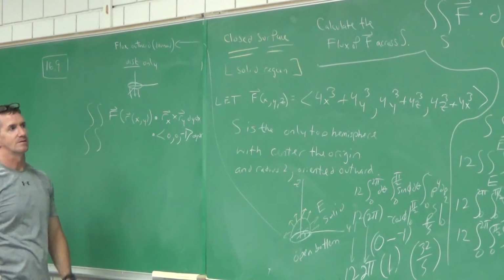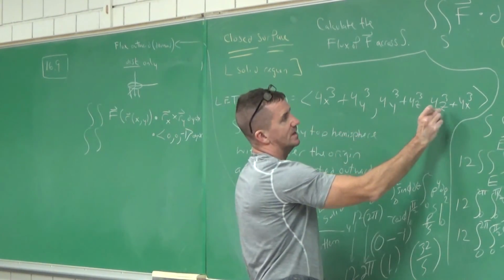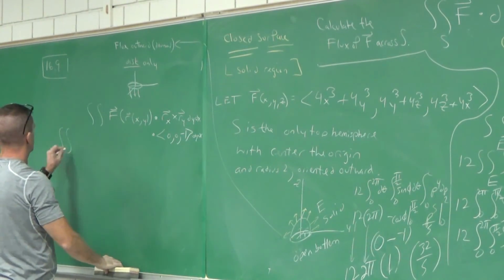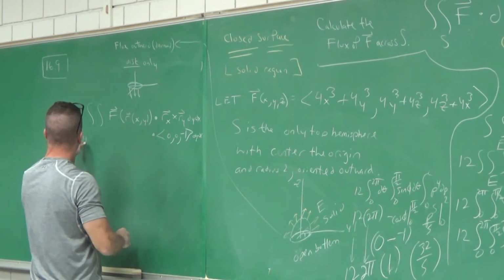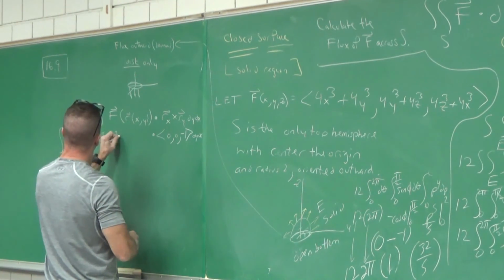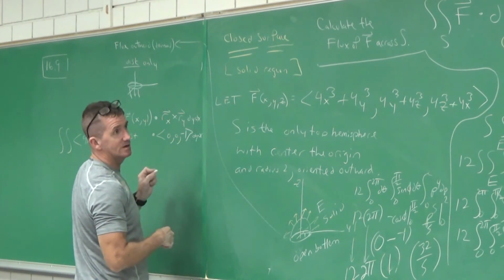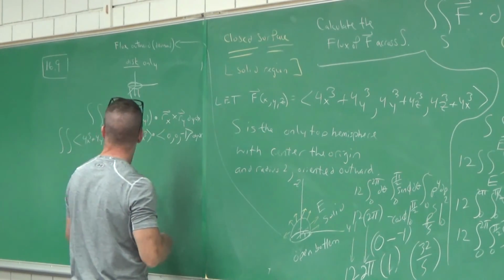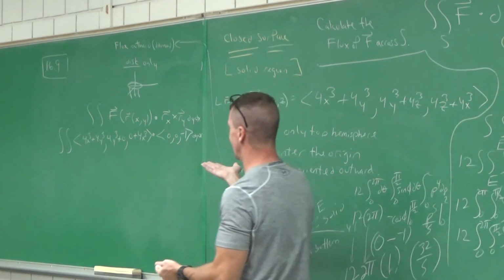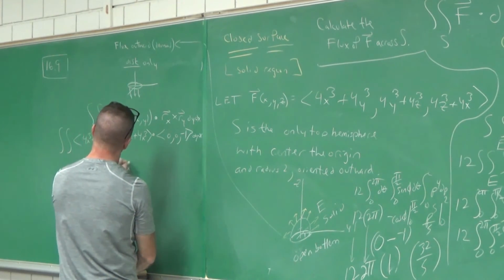What's z equal to there? 0. Z is 0. So when I write all this out, for every z, I put a 0. So here it comes: 4x cubed plus 4y cubed, 4y cubed plus, I like this, 4 times 0, plus 4x cubed. It looks long and sloppy, but look what you're dotting it with, just a 0, 0, negative 1. What do you get? Just a negative 4x cubed.